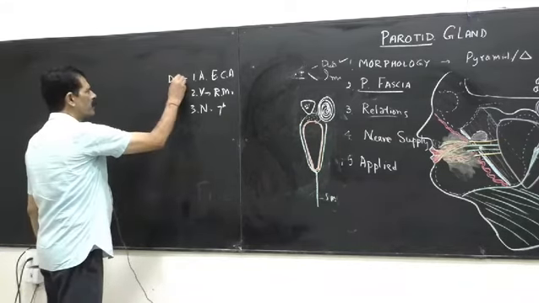And this is the lateral surface. The surface from anterior border to posterior border on the deep side is the medial surface. And the medial surface is divided into two parts, anteromedial and posteromedial, by a border. What is this border called? Medial border. So three borders: anterior border, posterior border, and medial border of the gland. The medial border divides the medial surface into anteromedial and posteromedial, so this is a very important step.